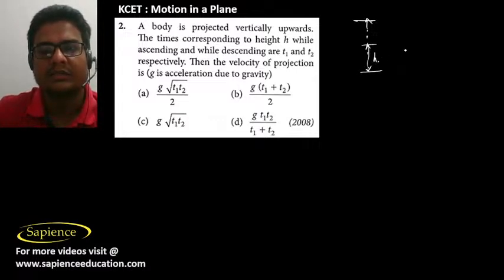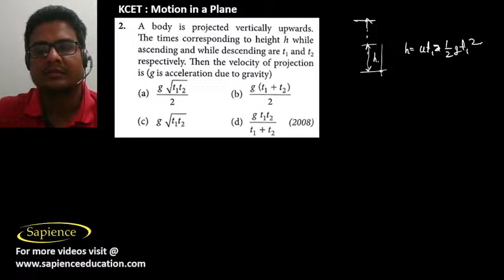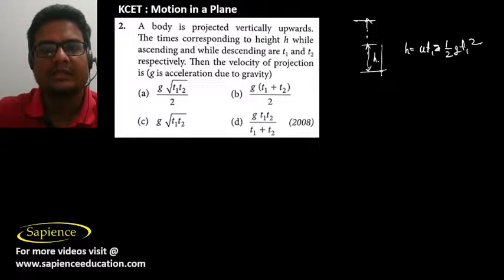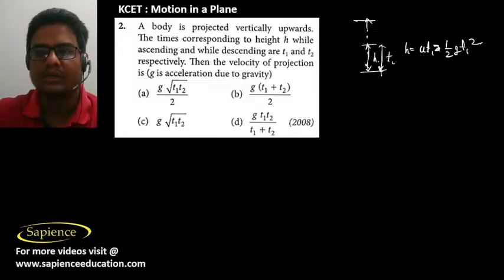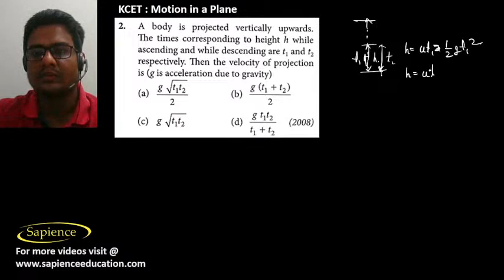So h will be equal to u into t1 minus half g into t1 square, and then when it returns back, times correspond to height h while ascending and while descending. So while returning it is t2, and while going up it is t1. So t2, h will be equal to u into